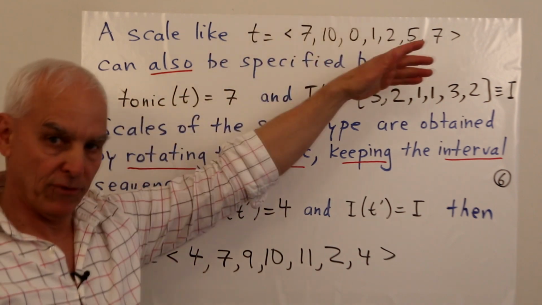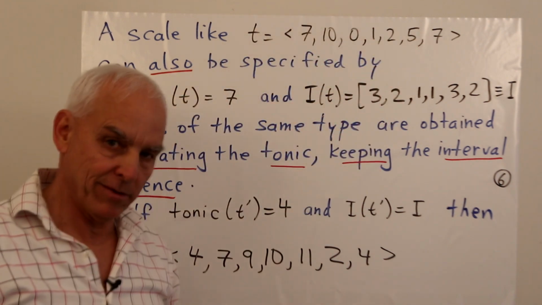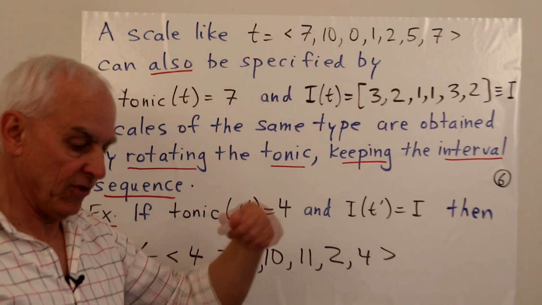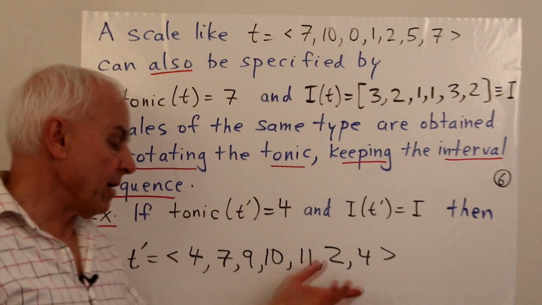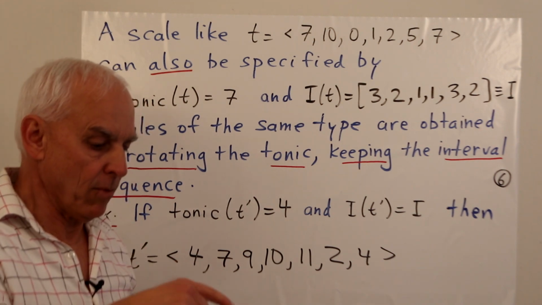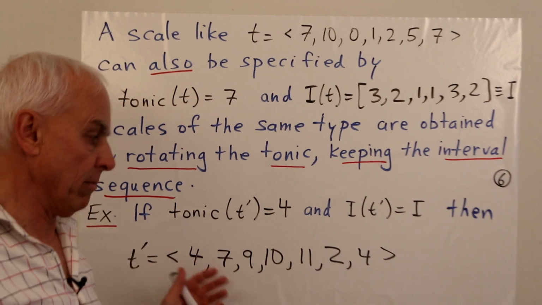So since this was a blues scale, this will also be a blues scale. And if this was started, say, on note G, which is the 7th note of the C scale, well, then this will be the blues scale starting on the 4th note of the C scale, 4th note chromatically, 1, 2, 3, 4, that's the E, so it'll be an E blues scale.